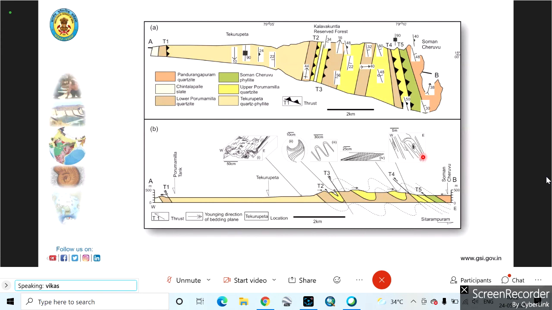Whereas the T2 in the cross section, you notice there is a T2 written. That part is also a quartzite. That is also dipping on the eastern side. Both the beds are dipping to the eastern side. Both are quartzites, you notice. Again, when you go further, these are all dipping towards the eastern side. All the beds are dipping towards the eastern side. But still, you see, we are able to determine that these are actually folded. How have we been able to determine this?